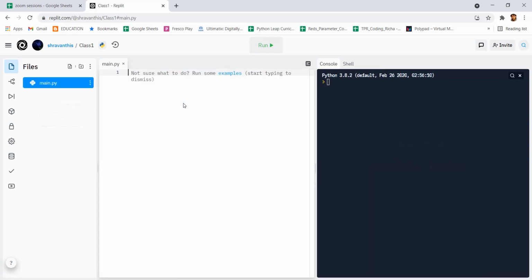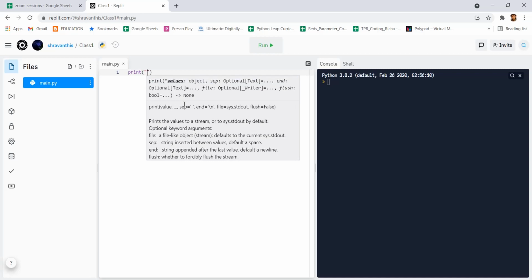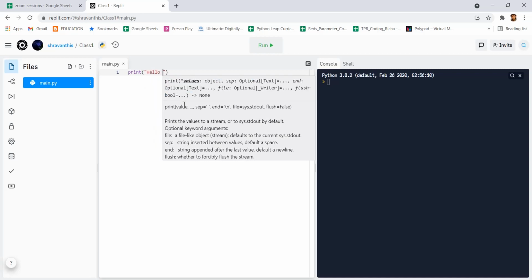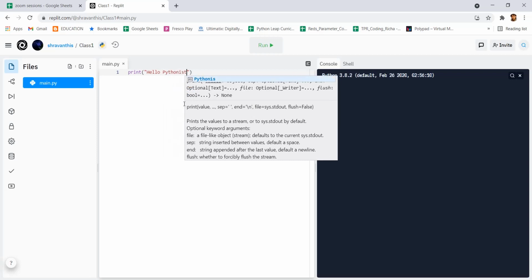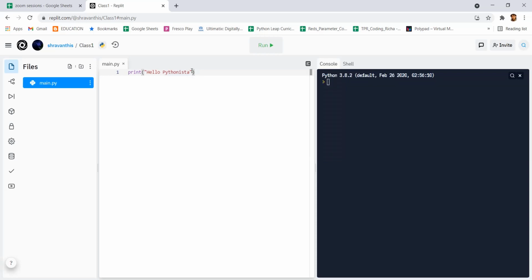Now today we are going to learn how to print a statement to the computer. If we want to print something to our computer, in Python we just write print followed by two brackets and then followed by double quotes, and you write anything. Star. So this is a very simple print statement. Since I'm going to print words like a string, I'm using the double quotes here for the starting and ending of the string. I'm just going to run and see the program, and yeah, can you see it has printed hello